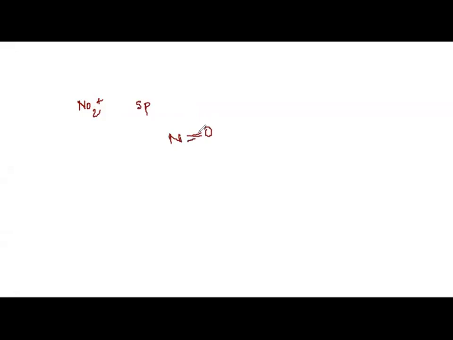Here it is double bonded to one oxygen, and here this is a coordinate bond. This has a positive charge. So it has a linear shape. Rest all, NO2 minus, it is